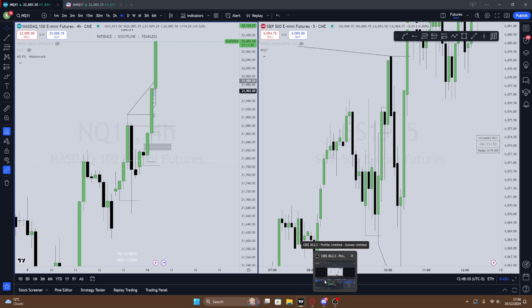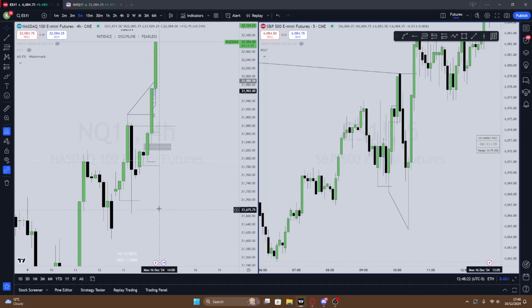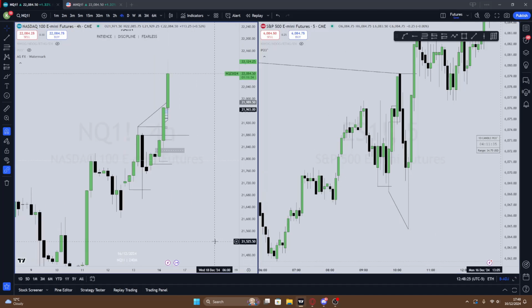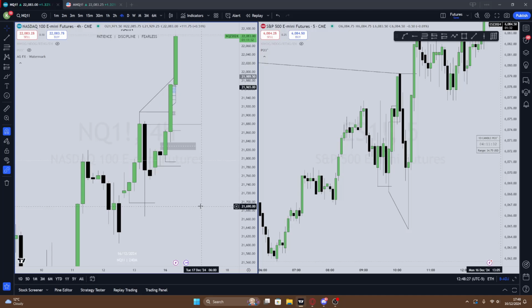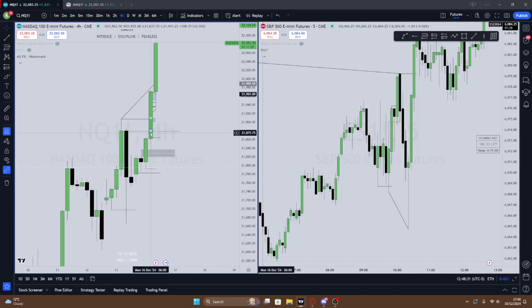Today's the 16th of December 2024, and we're going to go through why price was bullish today. This is solely based on ICT's concepts, so it doesn't really fit in if you trade support and resistance. Alright, so on the 4 hour, you see, first of all, this 6 a.m.